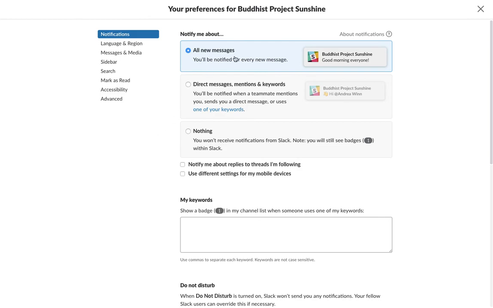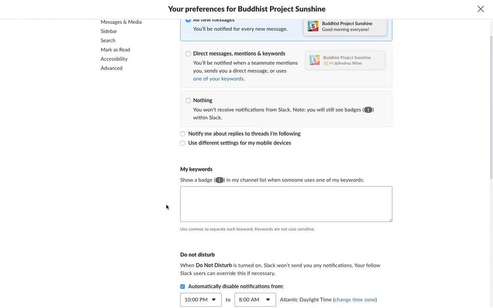Right now I have it set so that I'm getting messages for everything new that happens in this Slack group. But if you wanted to get less, you can change it to just direct messages, mentions, and keywords. So if you want to keep track of specific things, like things to do with clergy, you could put in the word clergy here, and that would set up a keyword for you.